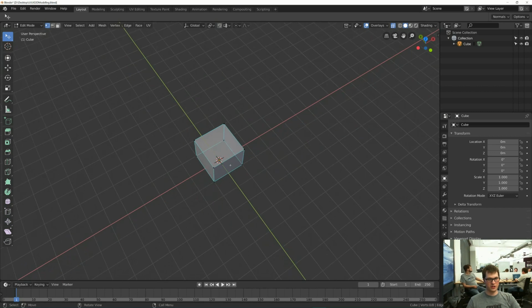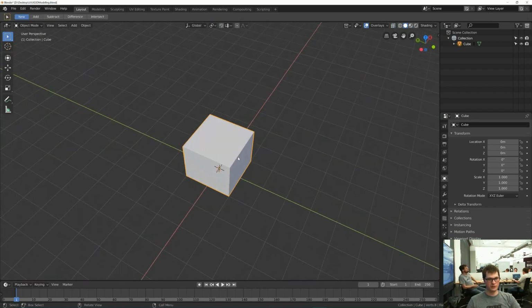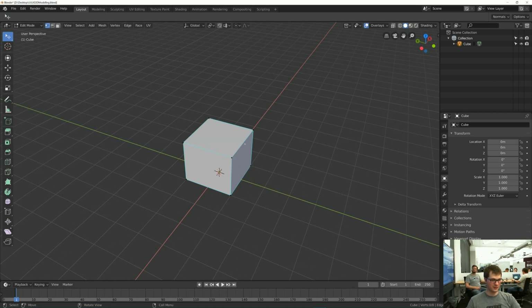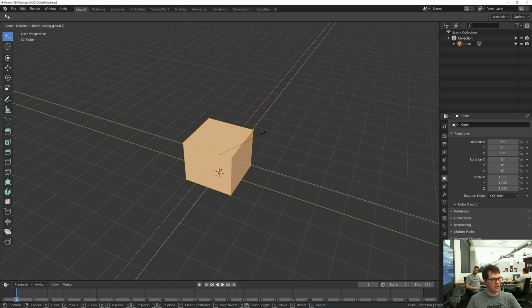So now if we rotate around it, it is the right height, but it's not the right width. It's a very fat human. So if you press A to select everything, we can scale it. We can squish it down, but still retain that height that we just made. So press S to scale, Shift Z to lock in the Z-axis or on the Z plane, and then just move it about, I don't know,